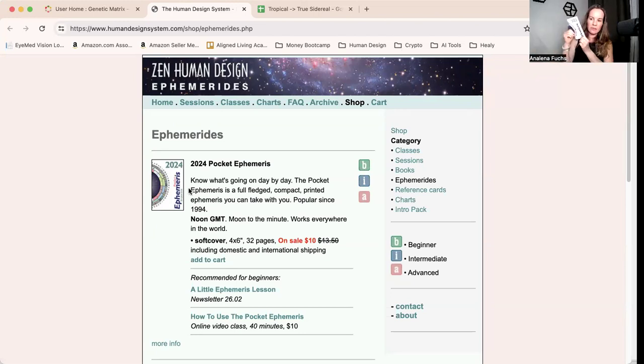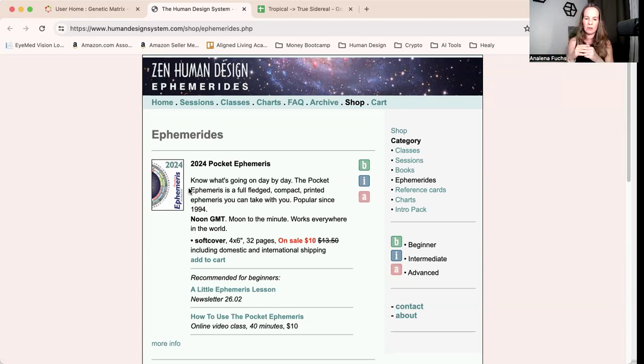I have this myself here. I had it for last year. Since I have it in Genetic Matrix, I didn't get it for this year. But for a very small amount, you can just order this. And you can even find this on Amazon. Even when I was Googling it, I saw even on Walmart, they sell this. But theirs, usually they have a bigger version for the next big one.